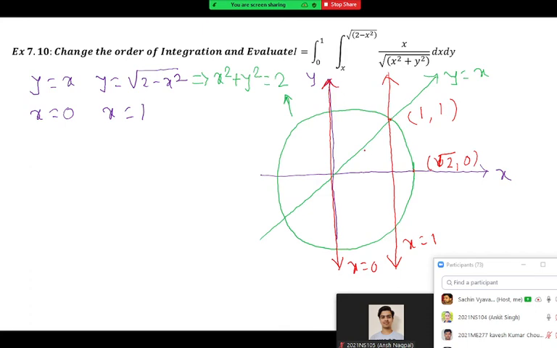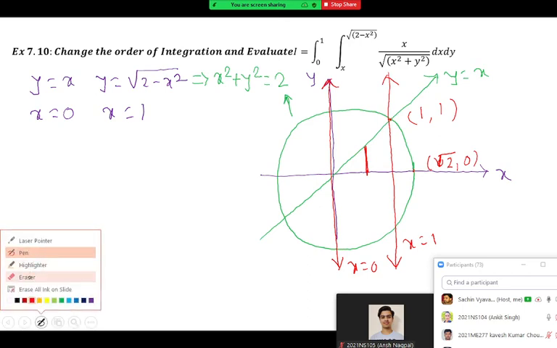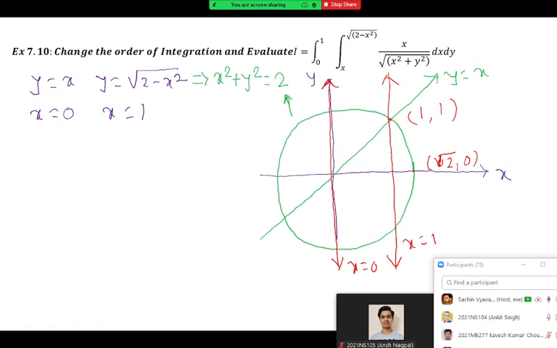The reason is, just 1 minute. If you take a vertical strip here, and you think the triangle is the region, then y equal to 0 to y equal to x will be the limit. Is the limit of y given from 0 to x? No. So triangle is not the correct answer because we are getting the wrong limits. But if you take the strip in that upper sector, you will observe y equal to x to y equal to 2 root x minus x square. So that is the correct region. That way you can identify the region first. I hope there is no problem to identify the region.